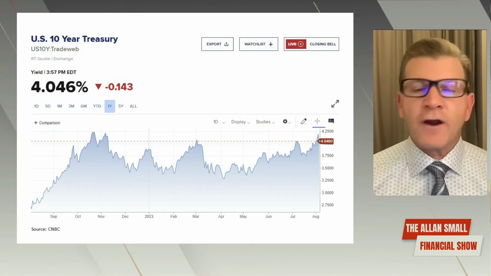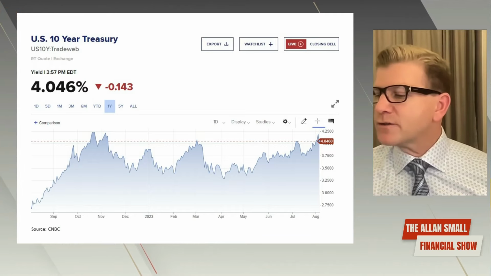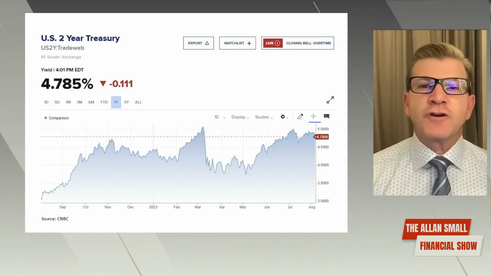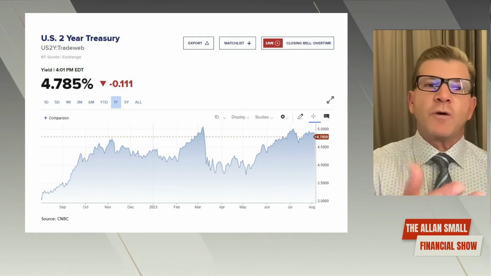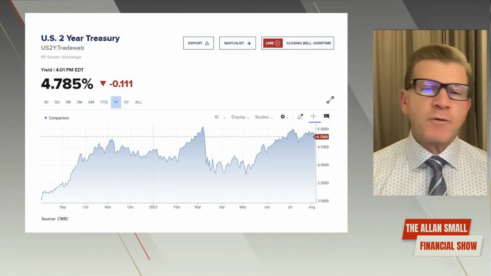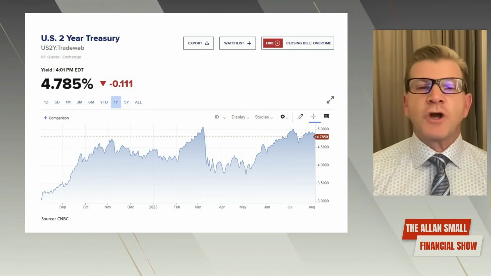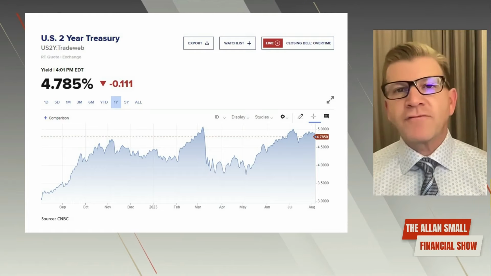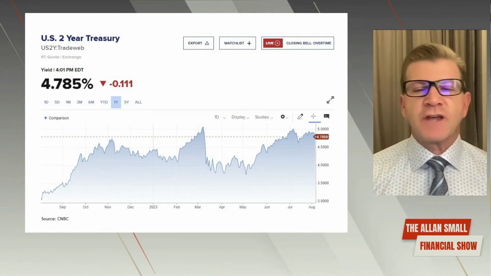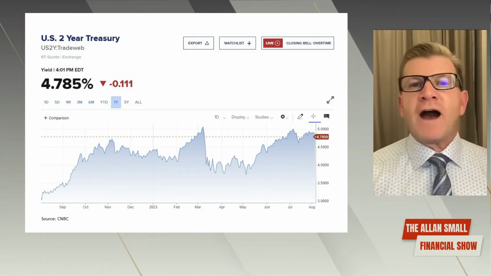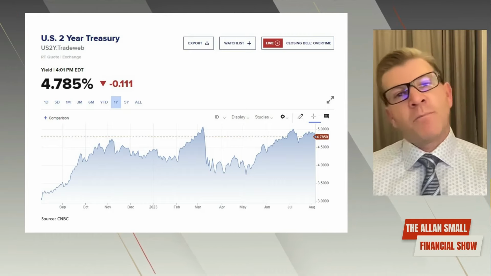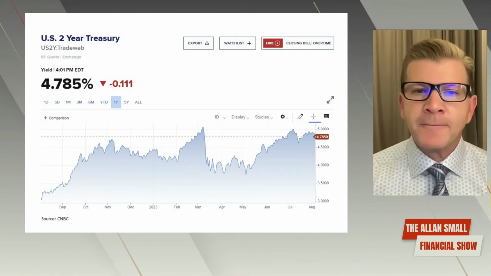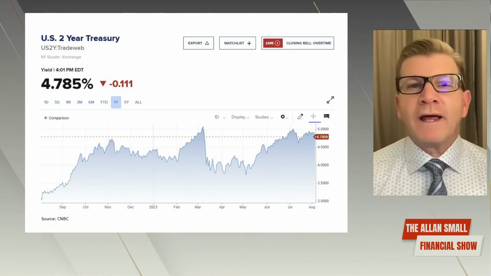We've seen the 2-year government bond rate, which we also have a chart of here, and that actually surged above 5% recently. Here it's showing just under 4.8%. But recently that chart would show us that it actually surged above 5%. So a 10-year at 4% and a 2-year at 5%. As bond rates move higher, especially in the U.S., Canadian bond rates have also started to follow and move higher as well. But the markets don't like that.